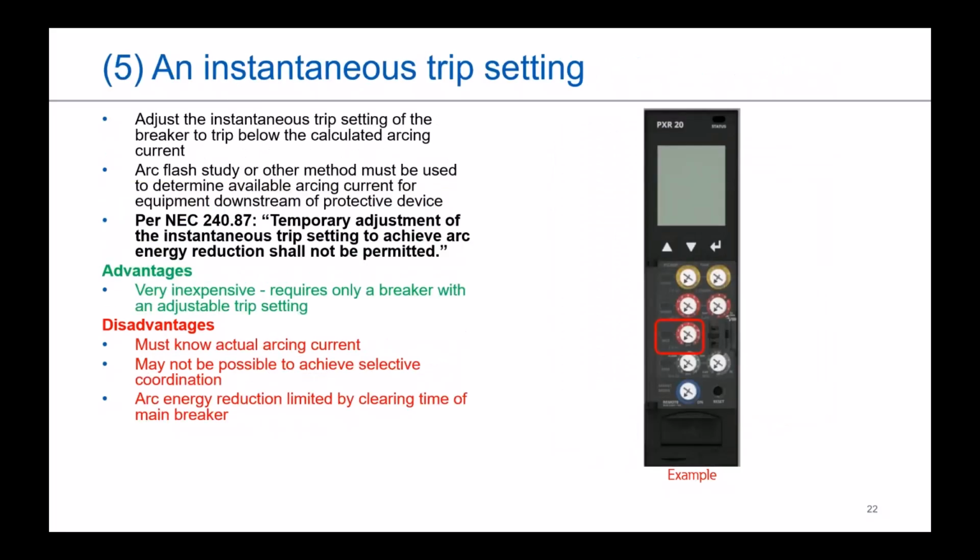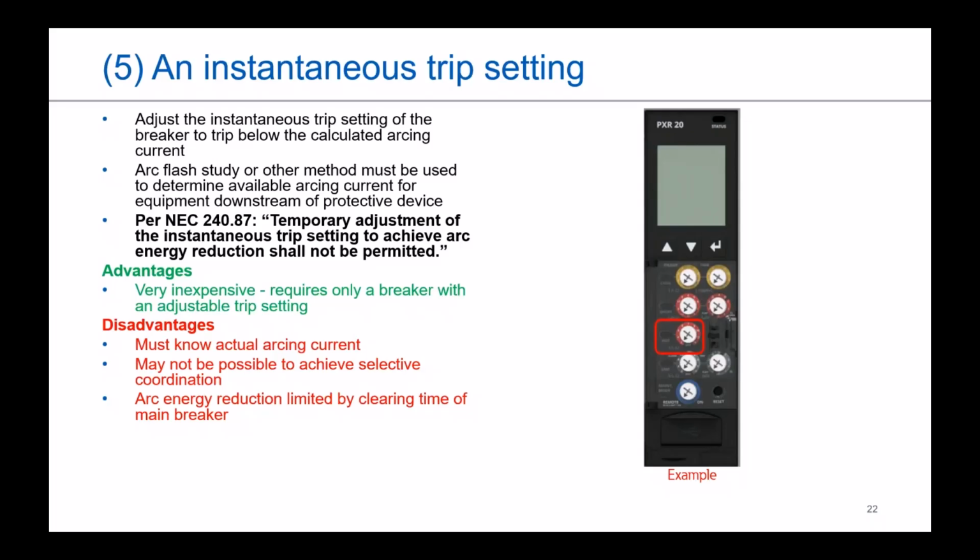So talking about the instantaneous trip setting. So for one, you can't do any temporary adjustments for this if someone's in front of the equipment. NEC does not allow that. It's really inexpensive. I would say most trip units today are ordered at least with LSI functionality. So you know that I, standing for instantaneous, means it's going to be there. The biggest thing is that you do have to understand what your arcing current is. So you have to go through, calculate that out, and make sure you have your settings programmed accordingly on your trip units.